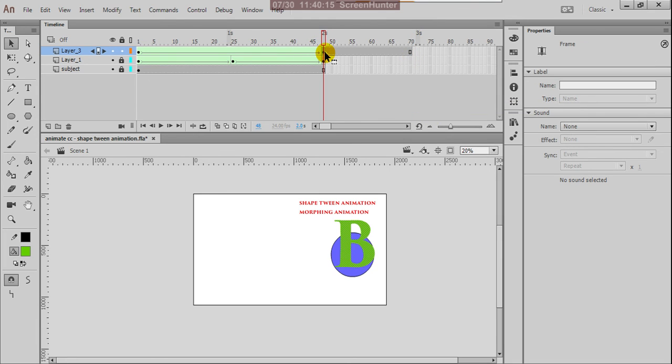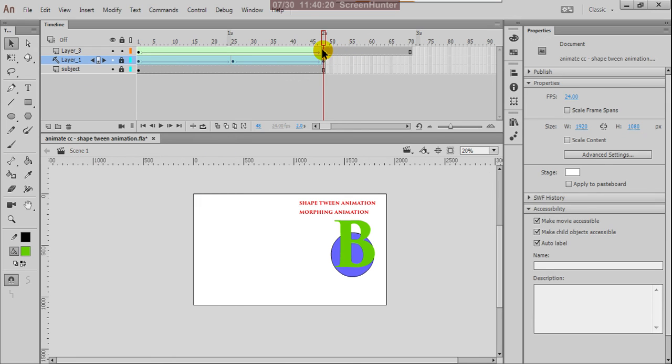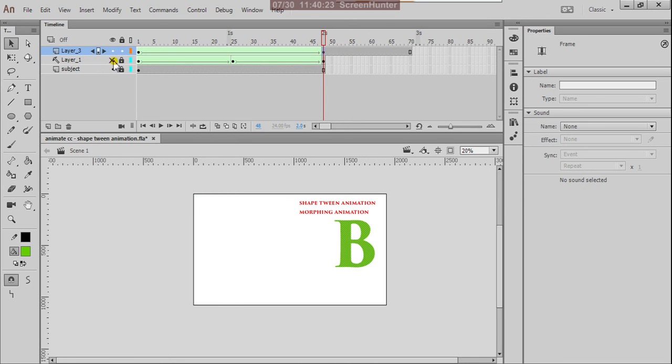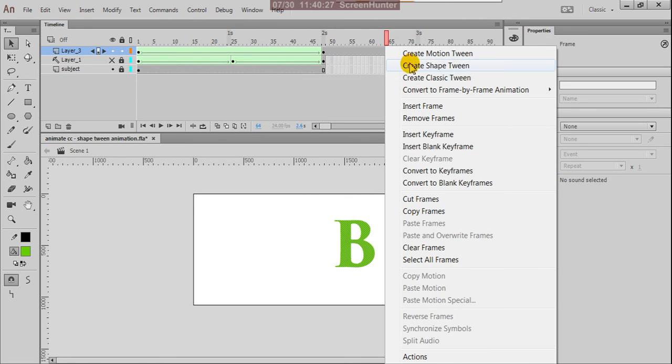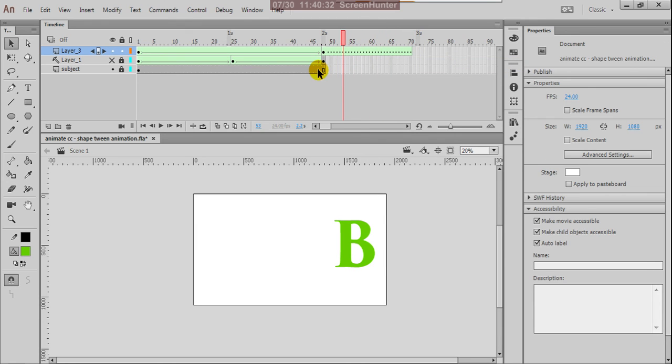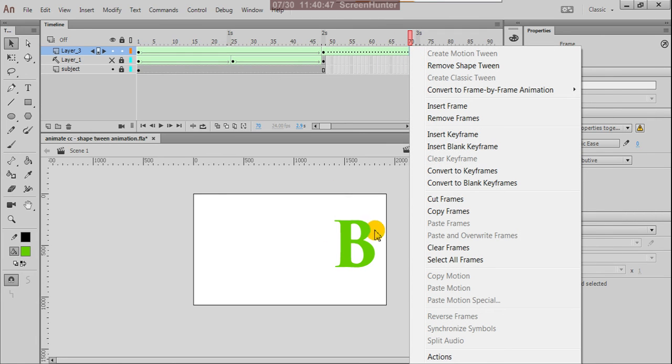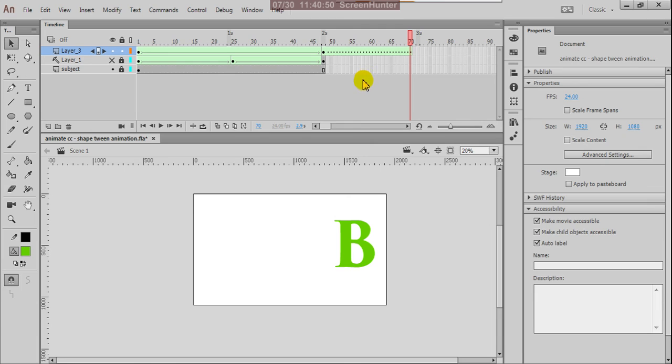Up to here the B is there, up to here the B is there, but on the other side, create a shape tween, but see the tween line is broken. That means on the other side there is no keyframe available. So here you have to give another keyframe with another shape, then only it is possible.